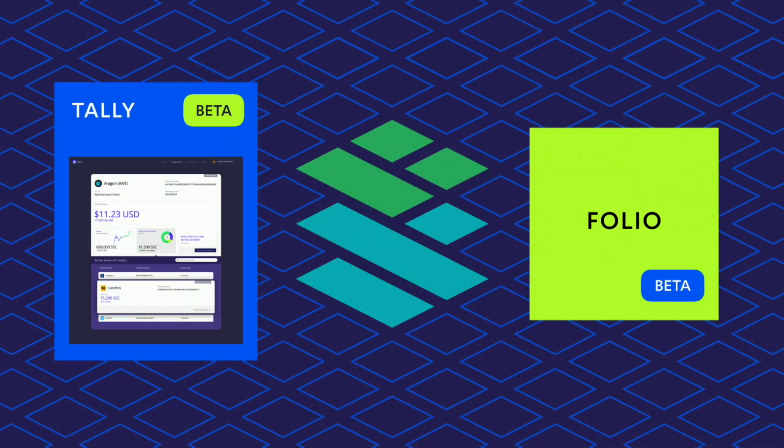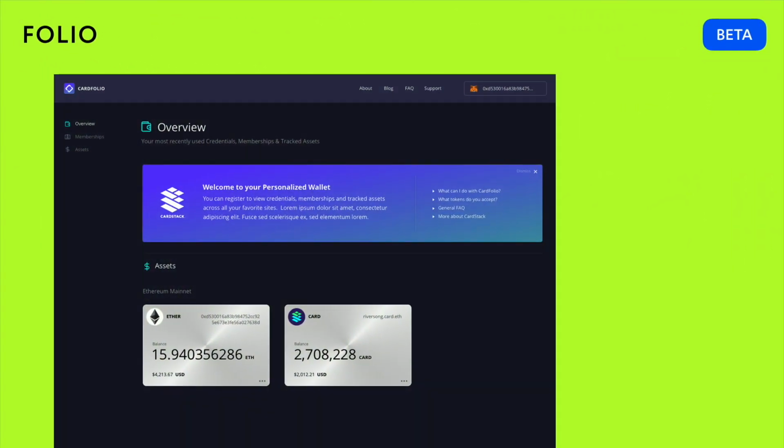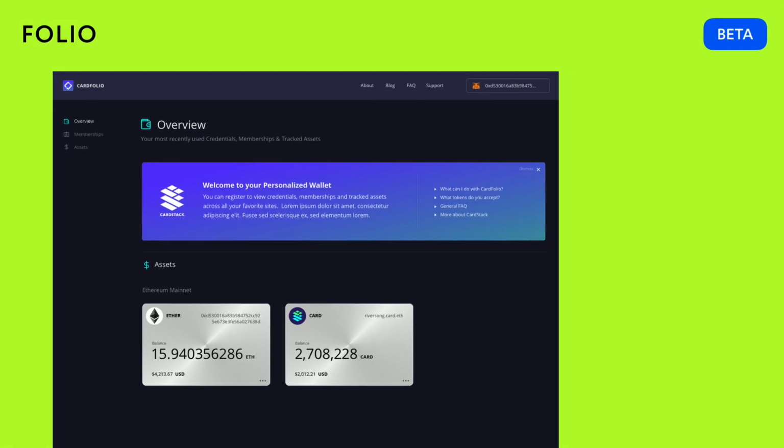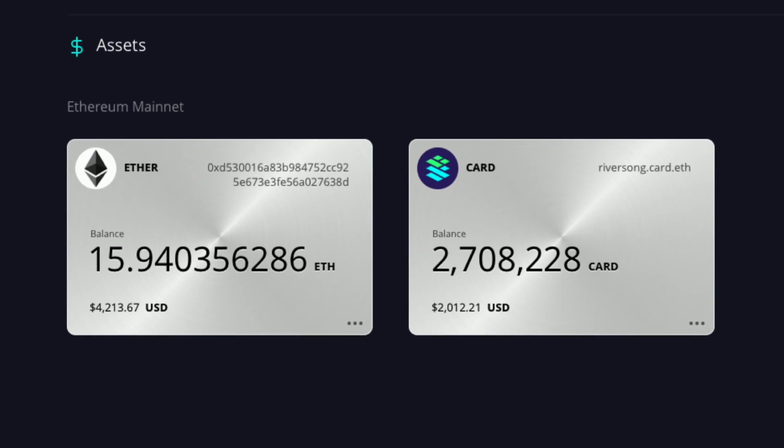Now, this is finance, so it's a little bit complicated. Folio is a lot simpler. What we want to do is say, you have a prepaid card, you have a membership card, this is the current balance. You don't need to get into a lot of detail. So that's it. You have some assets in Ether and Card, and it could be a wallet because you have MetaMask in this case. But in the future, we also support other types of wallets, coming from a Trezor, or even some of the custodial or non-custodial apps that use it. We just have to report to you what the value is. And we use the same mark-to-market and the market oracle to tell you what the USD value, or whatever value, that you've shown.